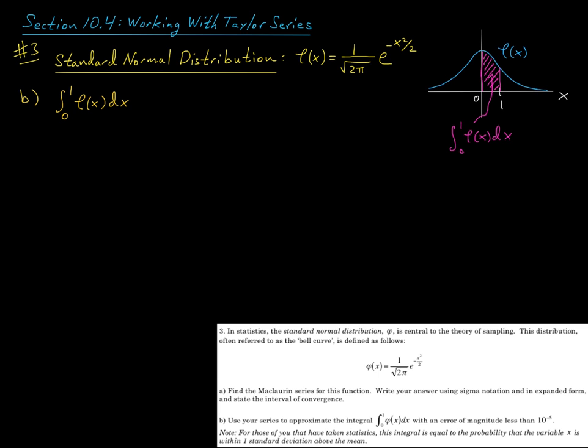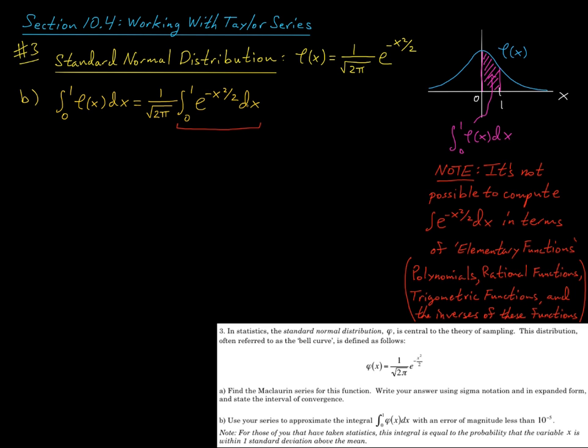All right, so integrating phi of x, well, I can pull out the 1 over the root of 2 pi. So we need to compute the integral then of e to the negative x squared over 2. Now as an aside here, we're going to approximate this integral using series, but you just as well may wonder, why can't I just use a Calc 2 technique to find the value of this integral? Well, it turns out, and this is by no means obvious at all, and it's actually really hard to prove, but it turns out that it's not possible to compute